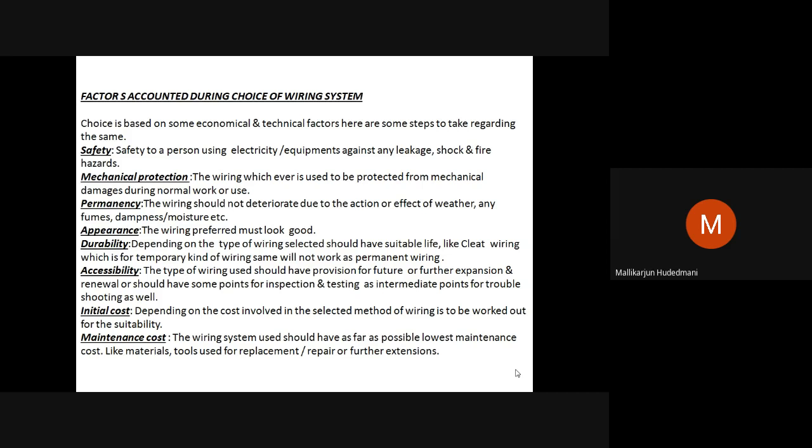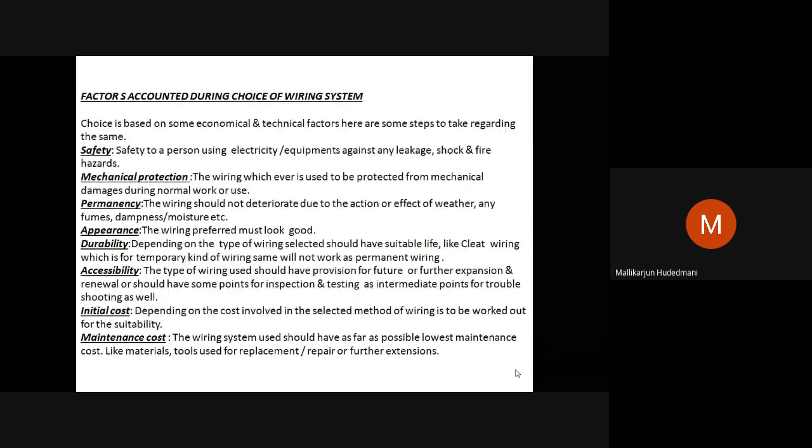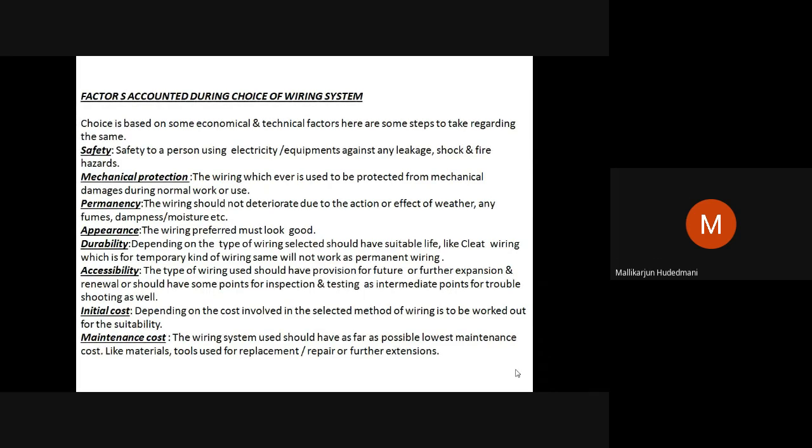Switch, when I want to turn on a bulb, when I press with a thumb or button, it should not be damaged immediately. The moment I hit it, it should not go inside. It should have mechanical protection. If anything tangible hits it, it should not immediately get damaged. So I should think of where to mount a switch, where to locate a switch, what kind of switch, what kind of protection. All this mechanical protection I should see.